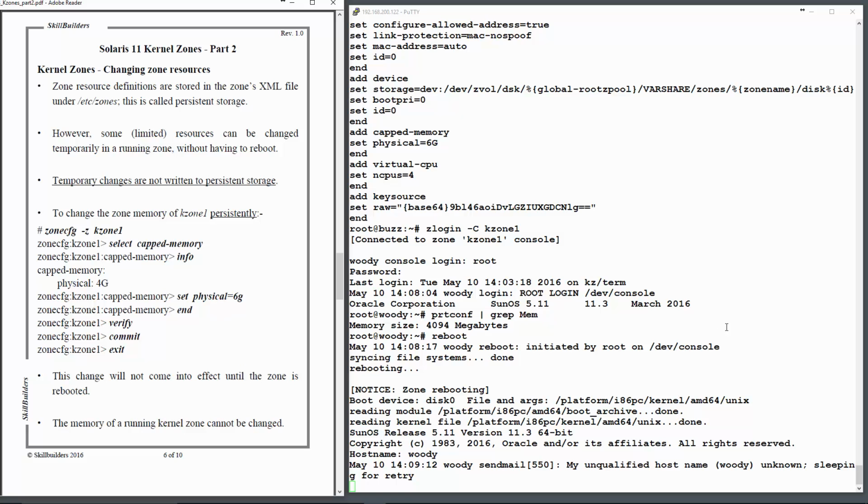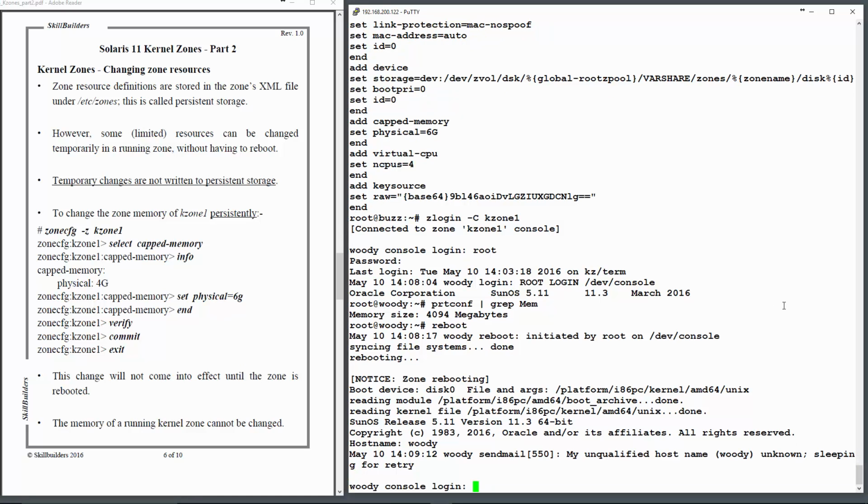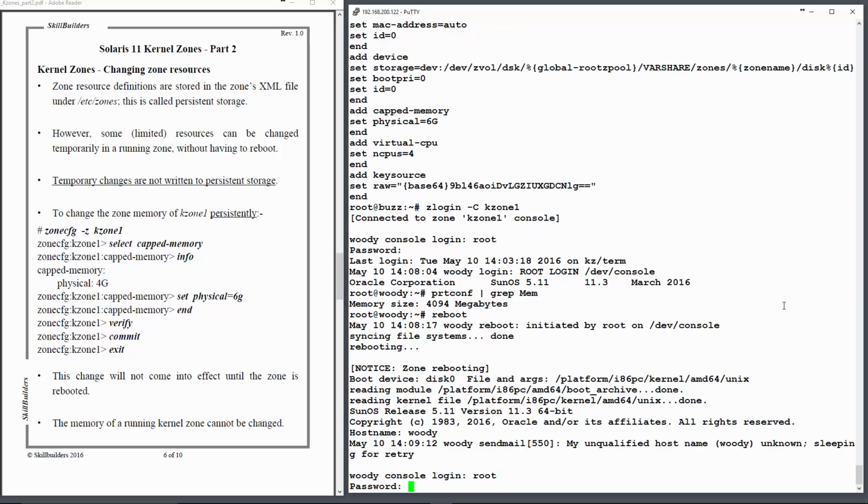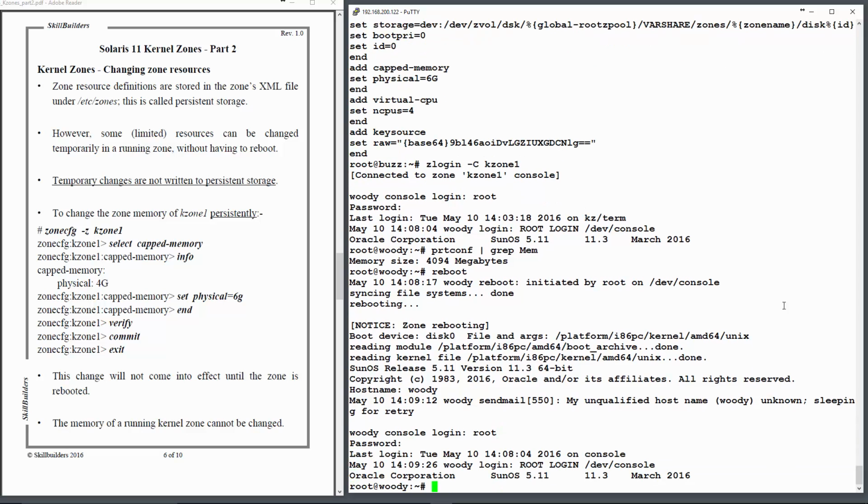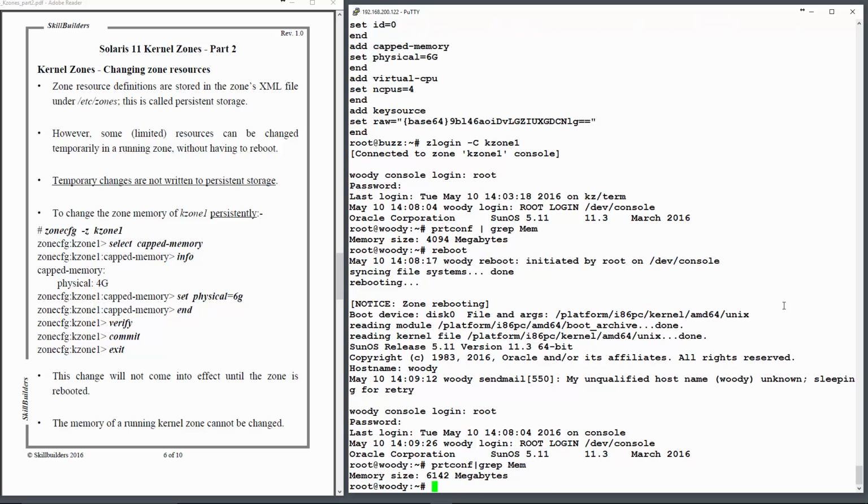The sendmail message is because I don't have DNS running and I don't have a fully qualified host name, which sendmail doesn't like. So let's log in again, and let's do the prtconf command again. Now I've got 6 gig,